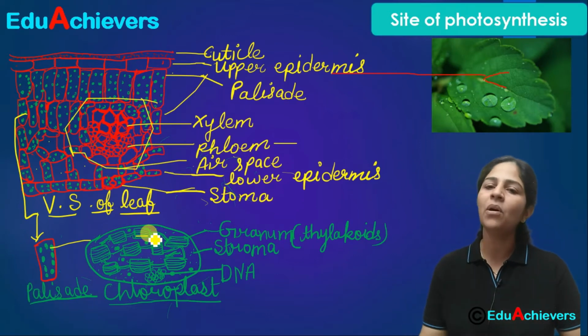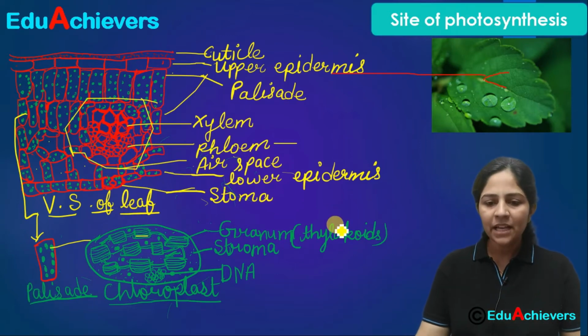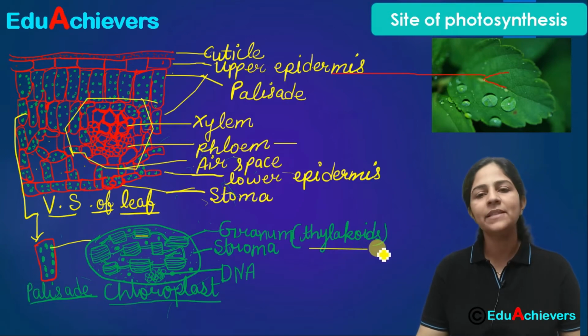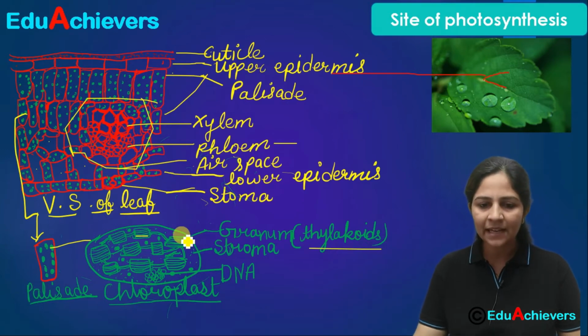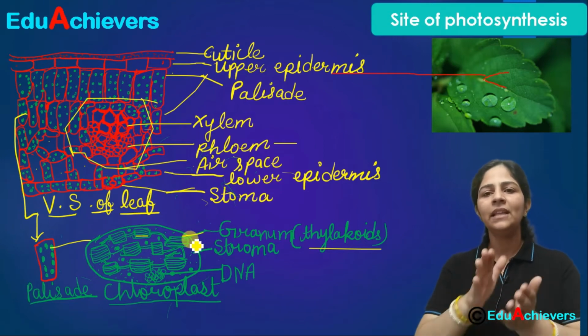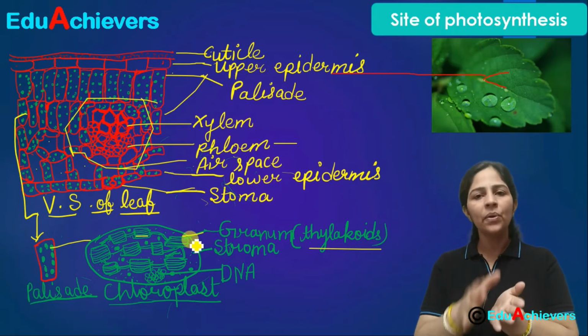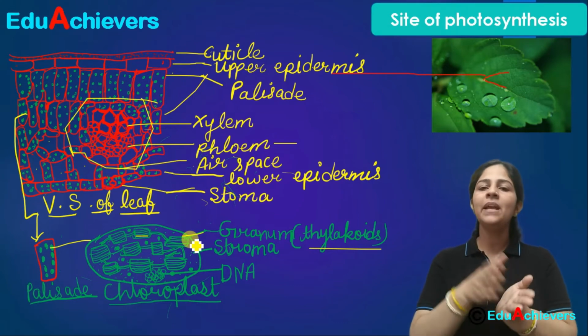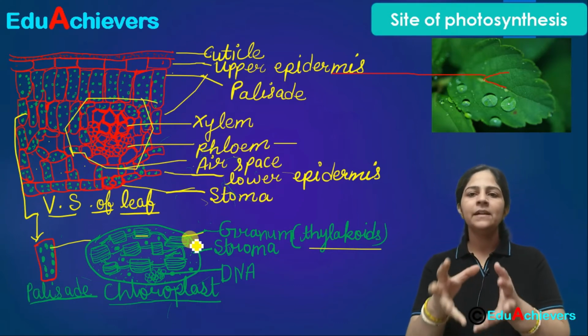That all together is called granum. And इसमें प्रेजेंट होते हैं थाइलेकॉइड्स. थाइलेकॉइड्स क्या है, ये एक लेयर इसका ये कहलाएगा थाइलेकॉइड. हर एक थाइलेकॉइड के अंदर फिर हमारे पास बहुत सारा क्लोरोफिल होगा, and that chlorophyll will be trapping the sunlight,